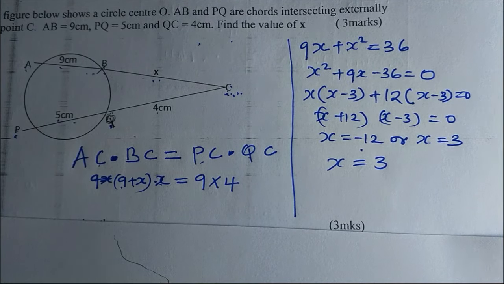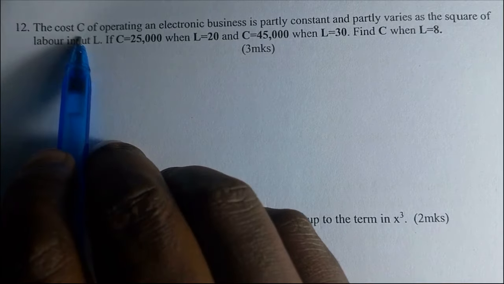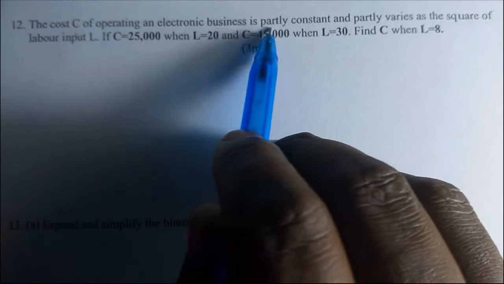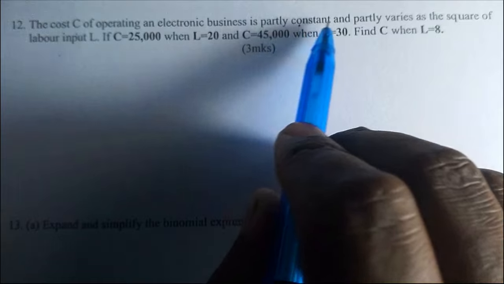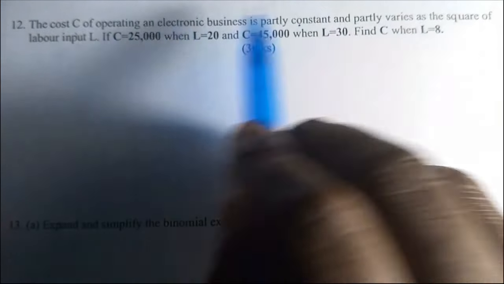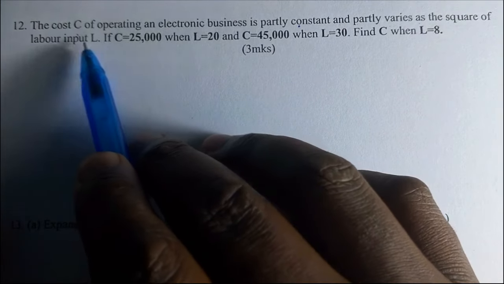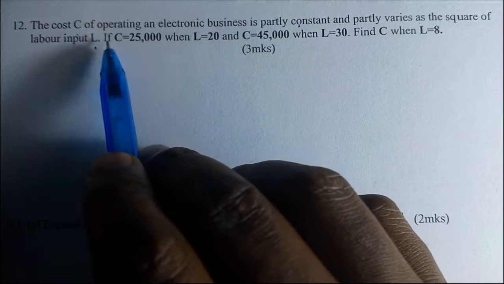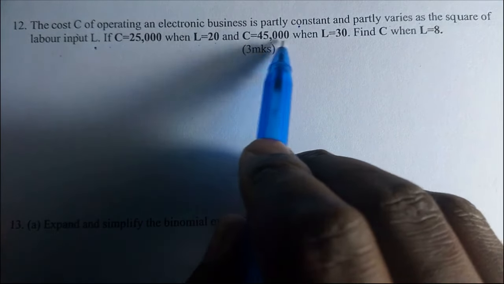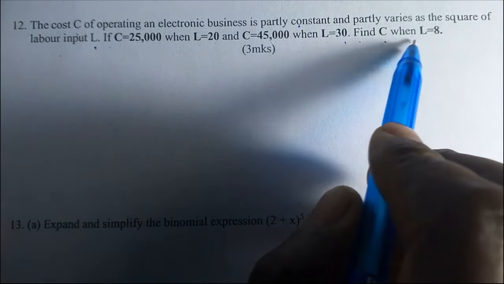The cost C of operating an electric business is partly constant and partly varies as the square of labor input L. If C is equal to this, when L is equal to this, C is equal to this, when L is equal to this. Find C when L is 8. So this is,